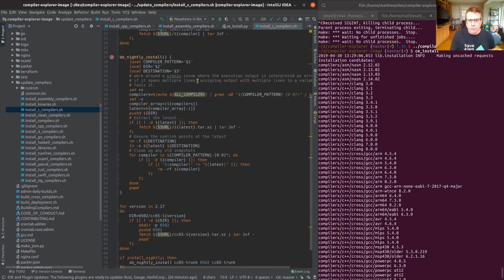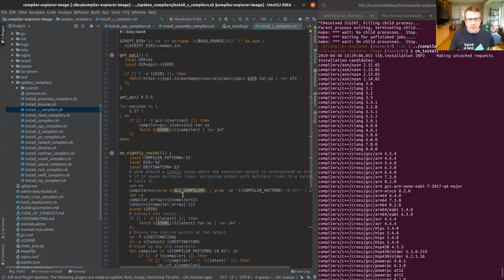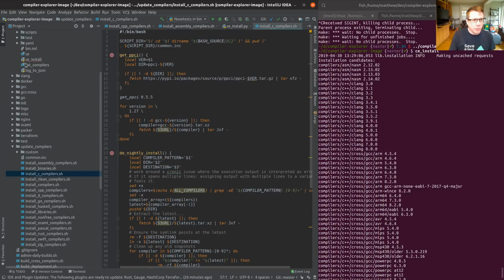And actually, this looks rather unfortunate. Oh no, I think I've done this. This complicated looking bash script here is actually common. I don't know why I didn't put it in the common file, because writing in bash is difficult, right? And awkward, and it's just easier to copy paste than it is to do something proper. So let's try and get this into the new system. So we're going to make a new